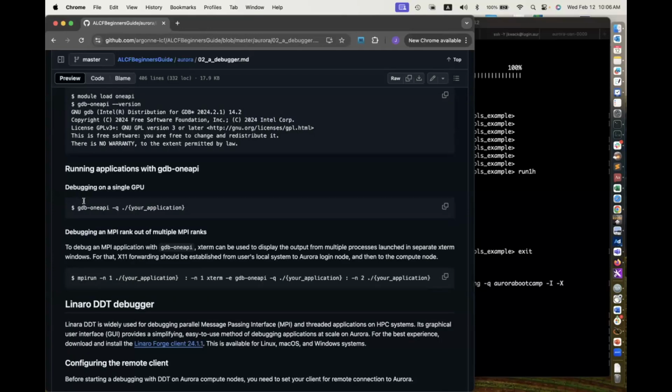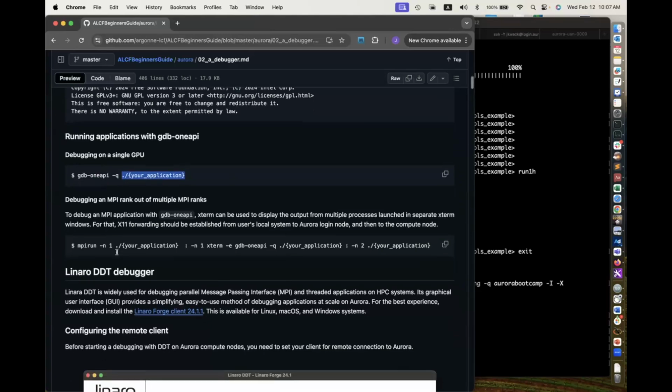And then how to run it. For a single GPU, you can just run gdb-oneapi -q and then your application and some command line arguments. Simple. And with an